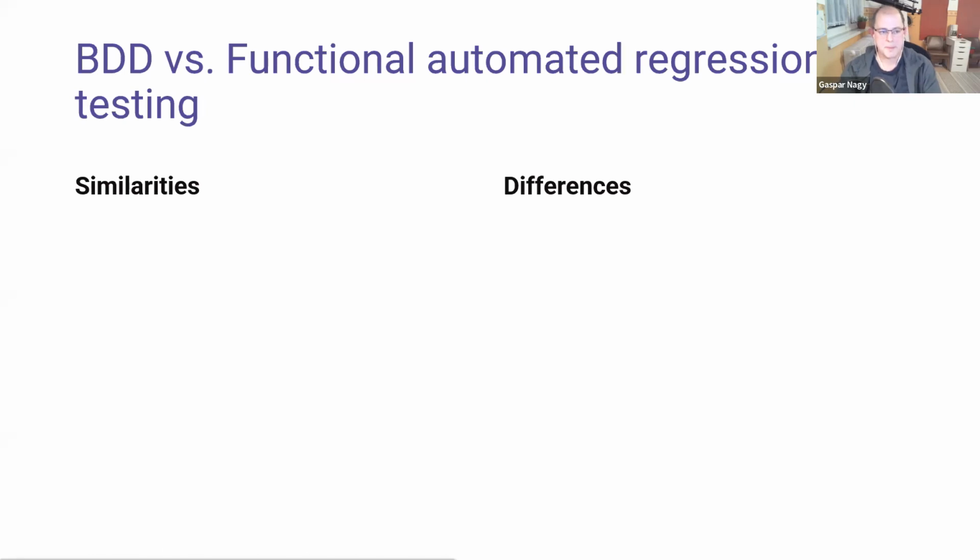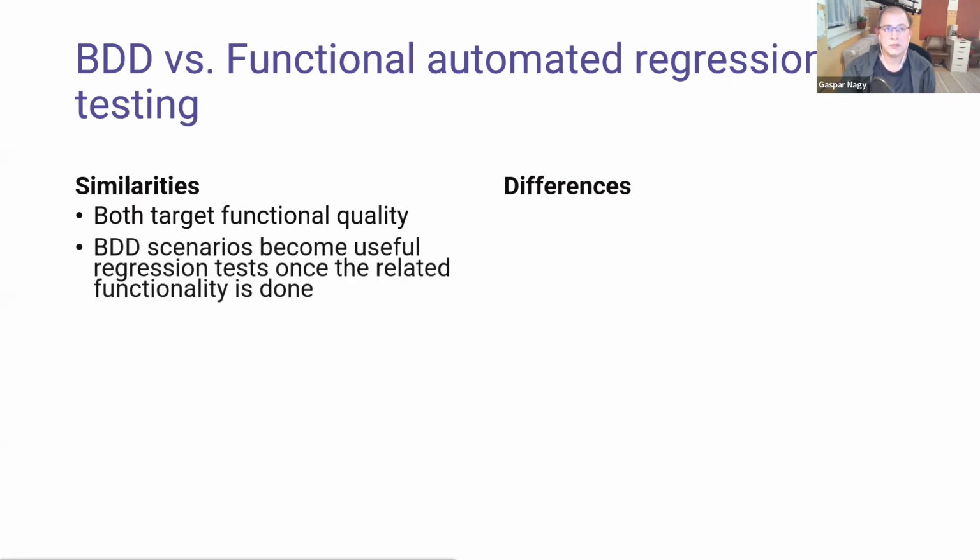And again, doing it the same way, similarities and differences. So definitely the most important similarity is that they are both targeting the functional quality. We said that for BDD, and of course for functional automated regression testing, that's absolutely true, that they are both functional quality. They are also similar